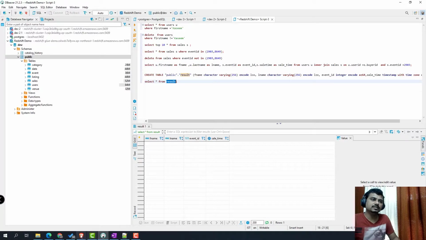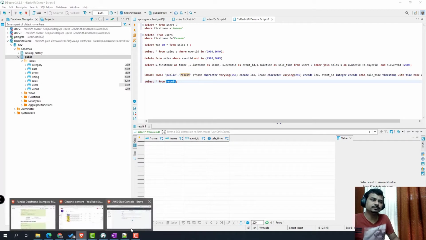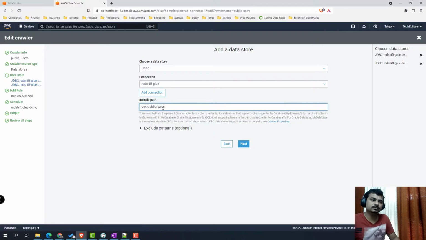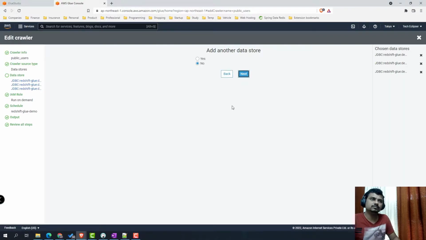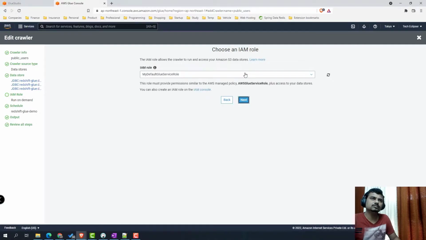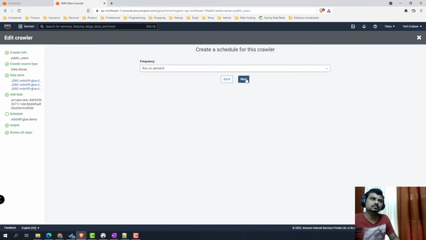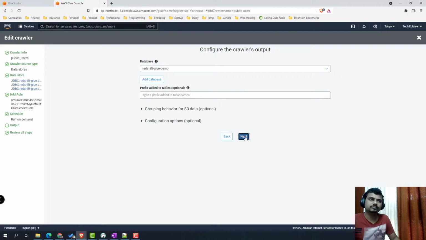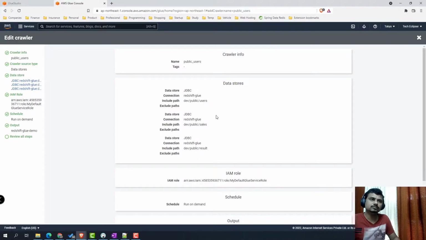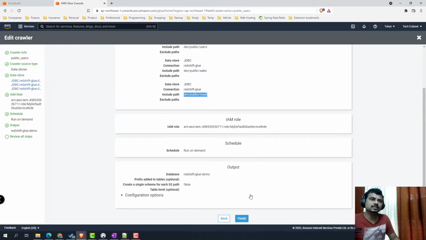Now we'll add the same into the crawler. You can see user sales and the result in the schema.